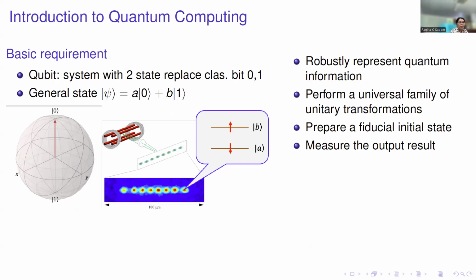These implementations of the algorithm or the gates are done using unitary transformations. They are called universal quantum gates. They are a family of unitary transformations. We have to use unitary transformations to go from an initial stage to a final stage. And I will give some examples of how we experimentally implement this in the lab also.